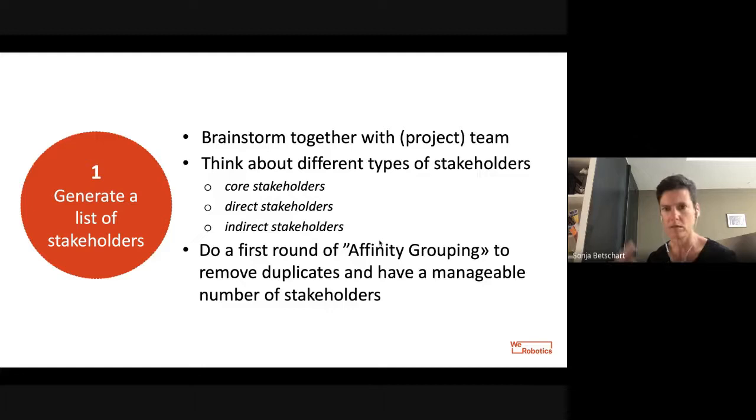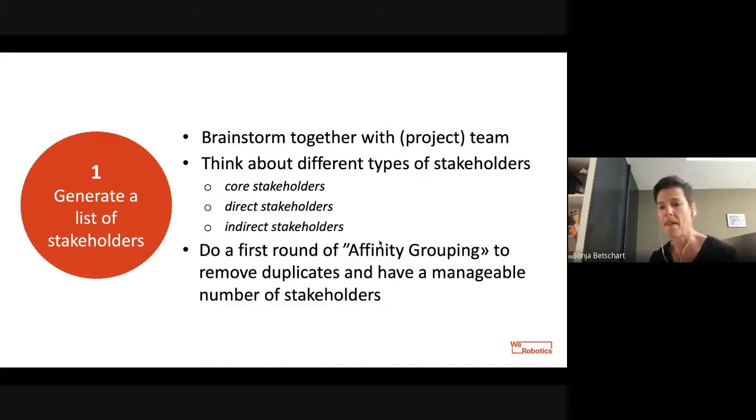So step number 1, brainstorm, go out. Again, think about it: alone you will go fast, together you will go far. It applies everywhere. It applies here too. It might take a little bit more time, but the outcomes will be really good. And come out of that first step with a list that is possibly already grouped a little bit and is not too long. Because I had projects where, at this stage, we had a list of over 100 names. So we said, yeah, this is not going to work. Let's group them and let's see if we can remove some of them because they're actually duplicates.